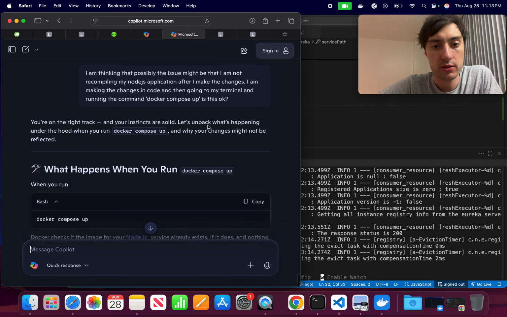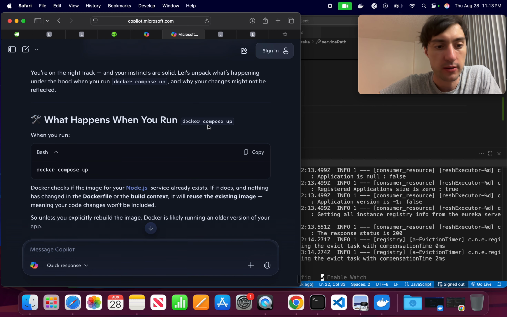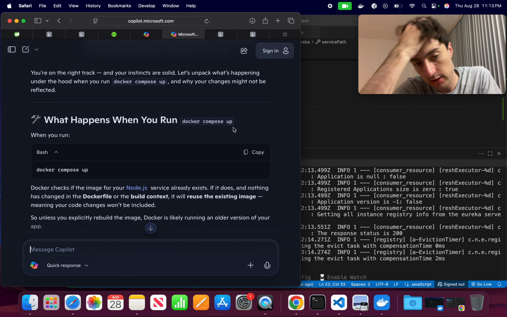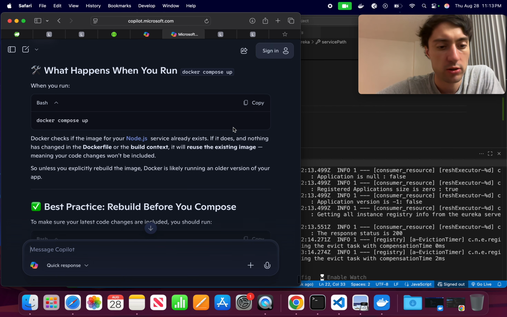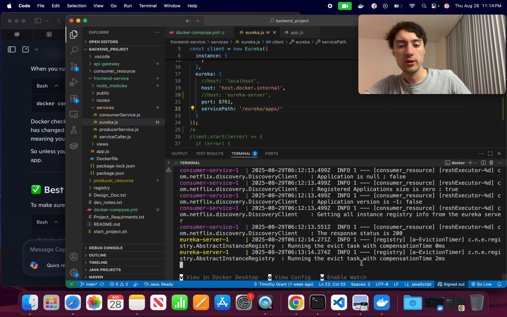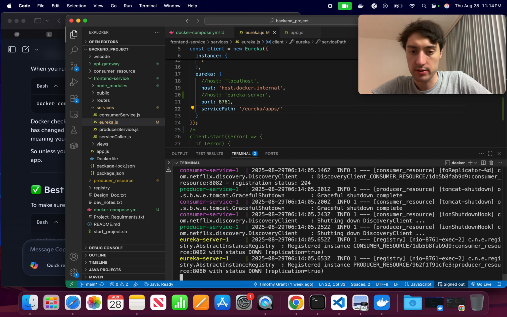Okay, your instincts are solid. Let's see what's happening. What happens when I run Docker Compose up? Docker checks if the image for Node.js already exists. If it does, nothing has changed in the Docker file or the build context. It will reuse the existing image. So unless you explicitly rebuild the image, Docker is likely running an older version. If that is the case,